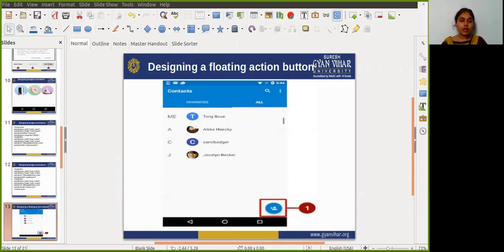So return true to indicate that you have handled the event and it should stop here, and return false if you have not handled it, so that the event should continue to any other onClick listener.